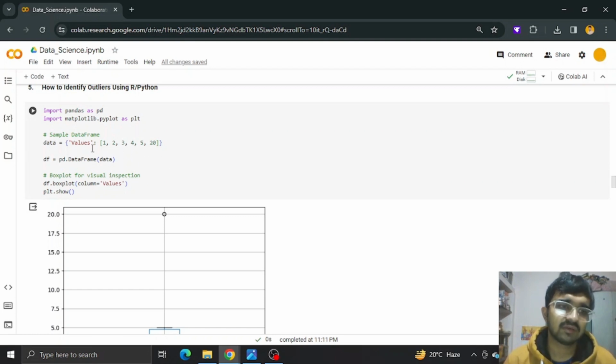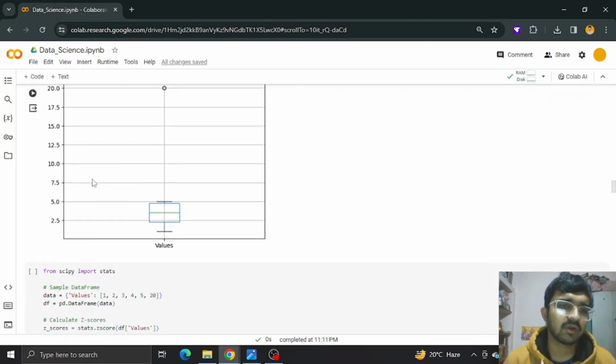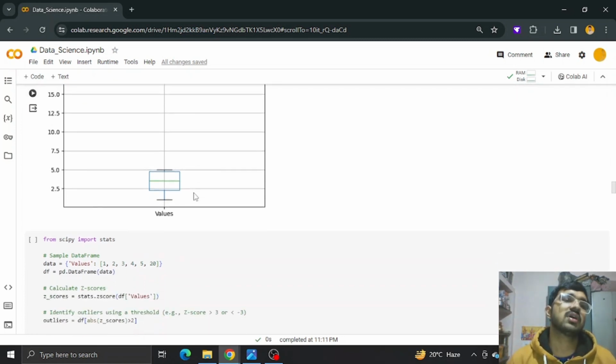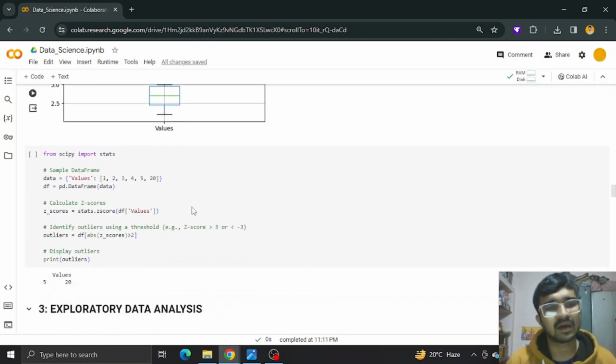So what we have done is create a box plot, and in this box plot we can clearly see that this is the outlier, 20. All the values are coming inside this box, but this one is going so far out of range, and it will create problems in our data analysis. So we can remove this outlier, or we can also use a stats method where we calculate the z-score